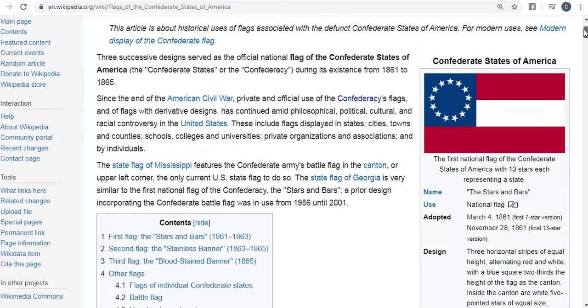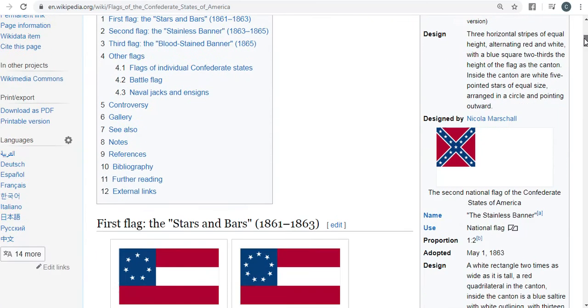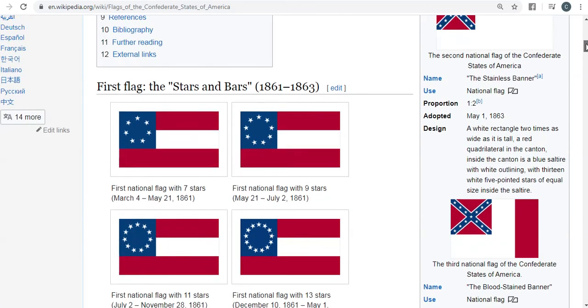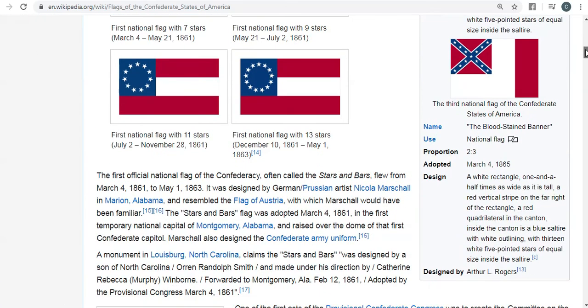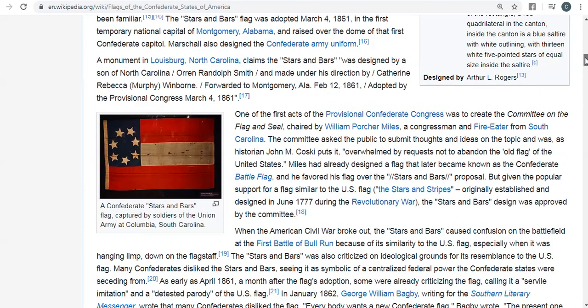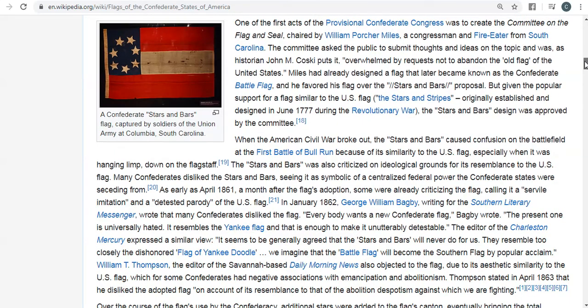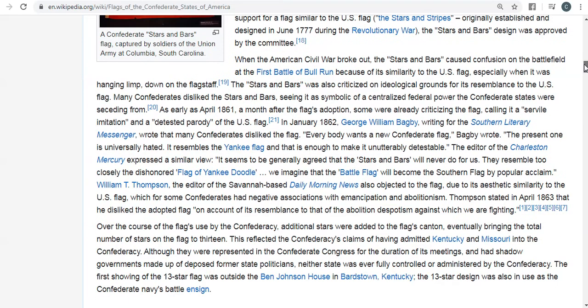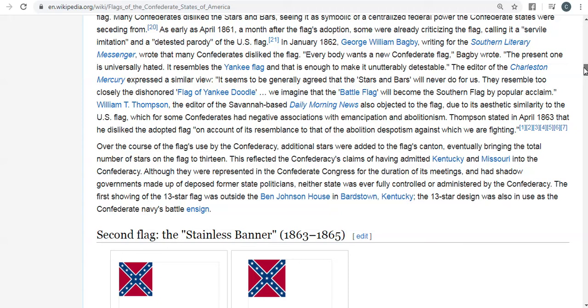Okay. So I still need to know, so it has 13 stars. Okay. Oh, here it is. Over the course of the flag's use by the Confederacy, additional stars were added, usually bringing the total number of stars on the flag to